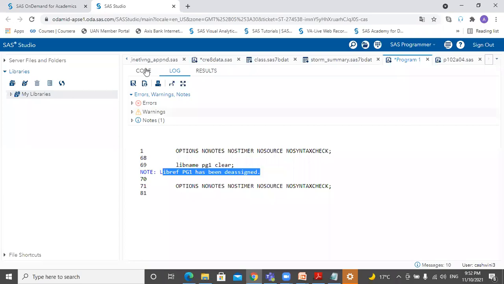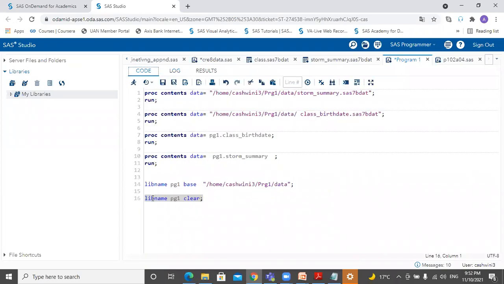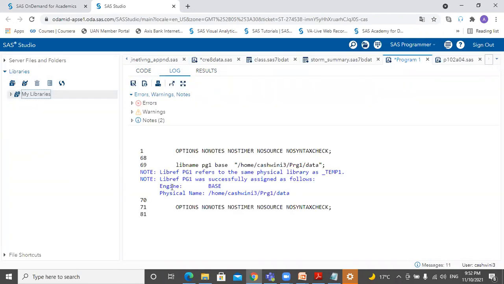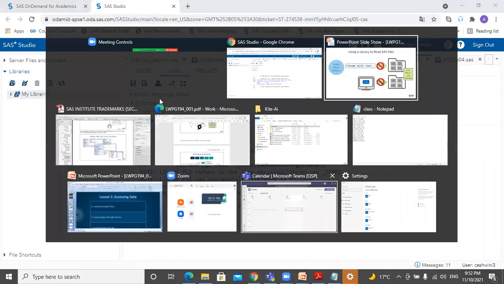So what does this indicate? That the connection which you have made, where all your files are saved in this path, with SAS, you have now cleared it. Again, if you want to make the connection, simply submit your libname statement. All fine? Understood? So again, it's telling you the same thing in the log.